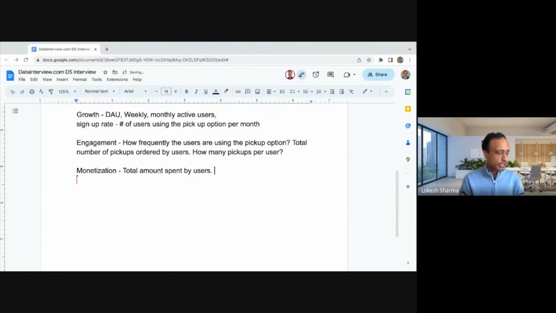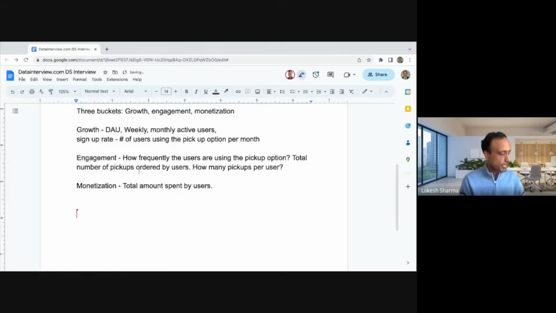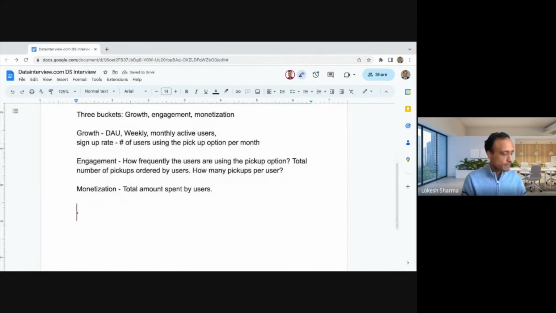I can also look at the metrics from the dashers. So the number of dashers who have made the deliveries. Maybe things like percent completion. Hopefully we have a higher completion.